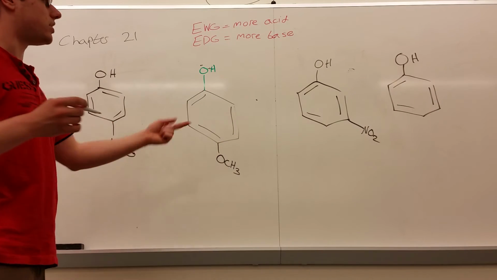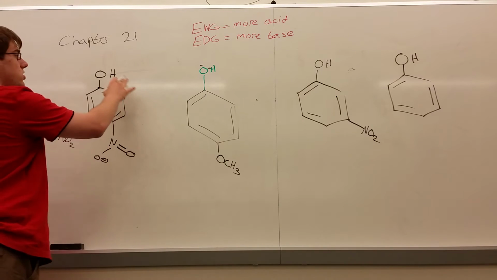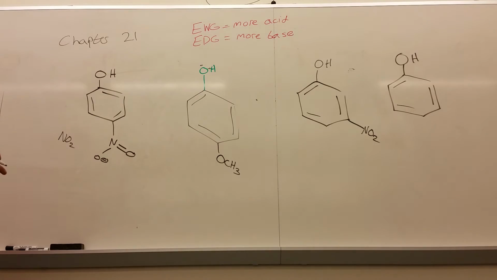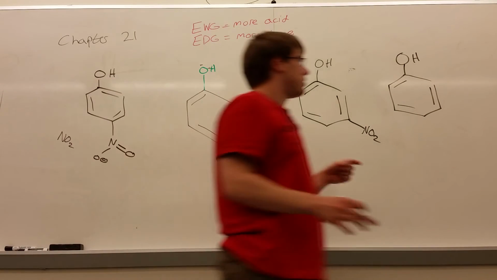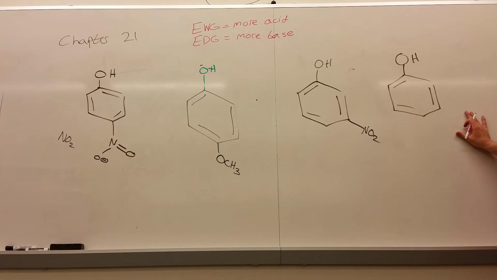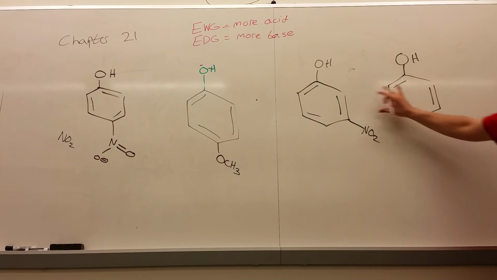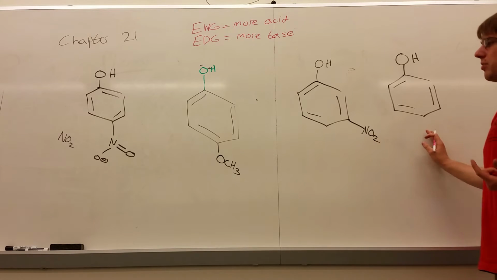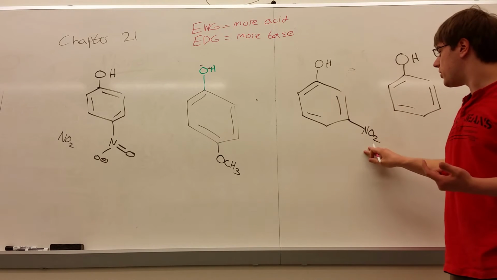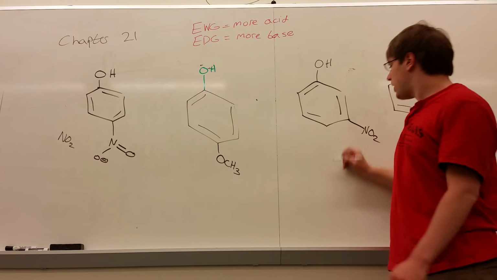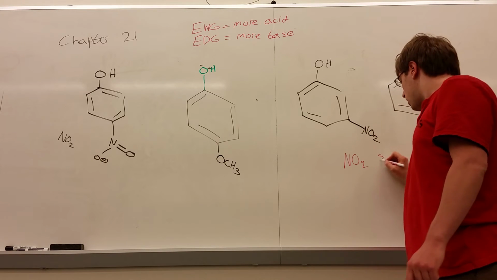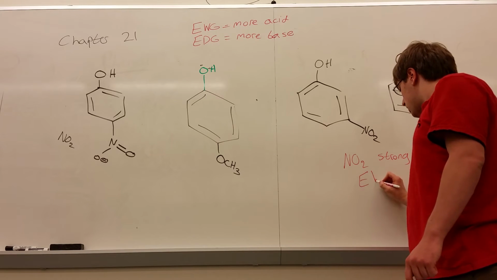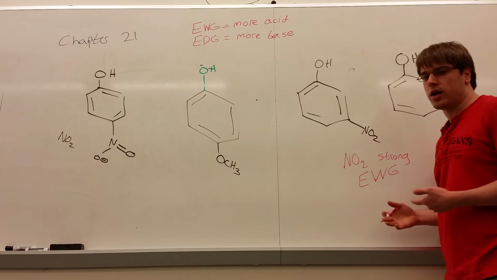So now let's apply that to this. Let's start with this phenol. In every situation, we know that the OH is where the hydrogen is going to get pulled off. And I'm going to actually start from this side. So this doesn't have any withdrawing groups or donating groups other than the OH, but every structure has the OH, so we can't really compare it just on that. We'll come back to this and see how it compares to the other three in a second. NO2. We said NO2 is a good, strong electron withdrawing group. So this would make the phenol more acidic,